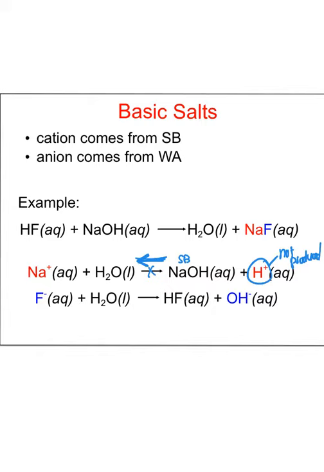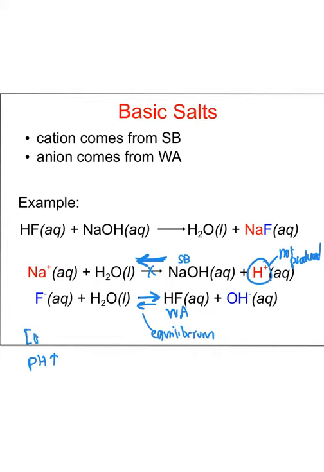So in this case, we're actually using up the H plus, it's not going to be produced at all. Okay, but if you look at the next reaction, we have F minus with H2O to make HF. This is a weak acid. So what's really going on is we have a nice equilibrium here. So this reaction is going back and forth, meaning we are going to produce some OH. So what occurs is our pH could go up